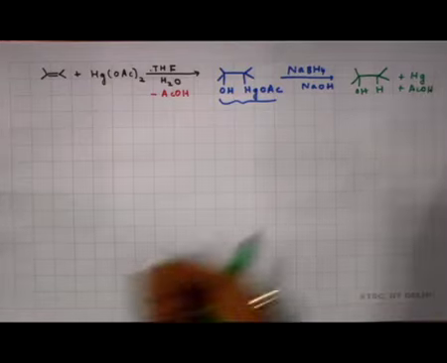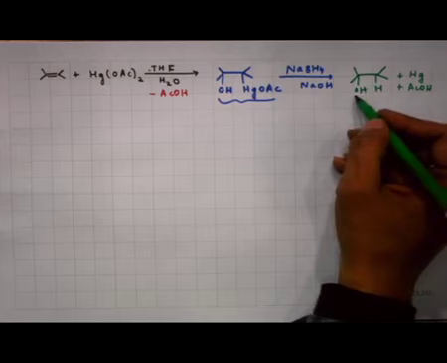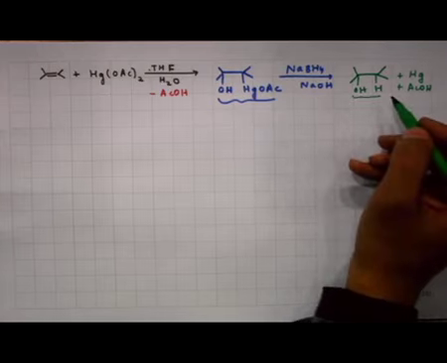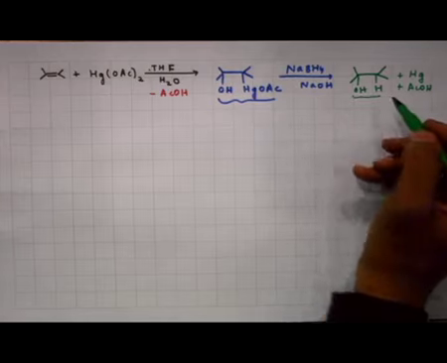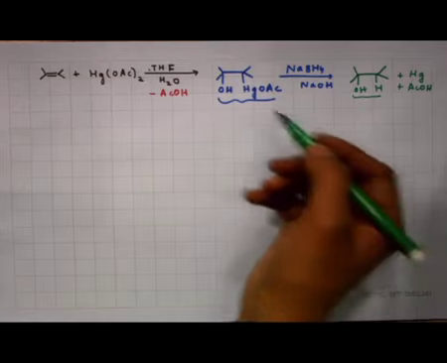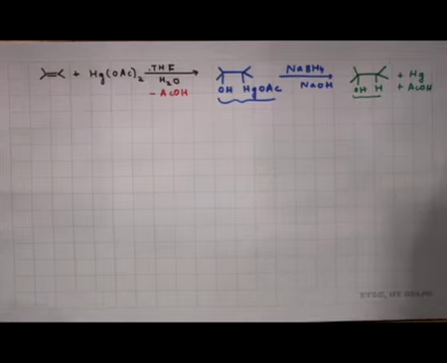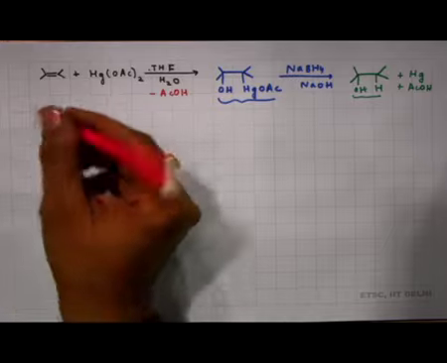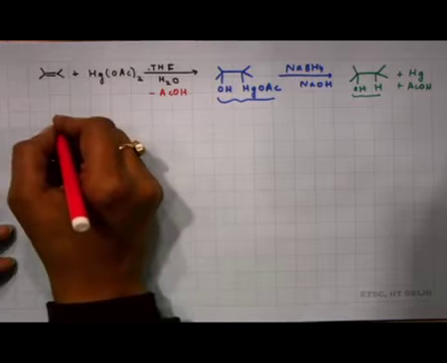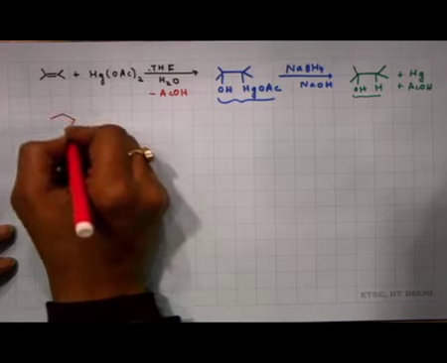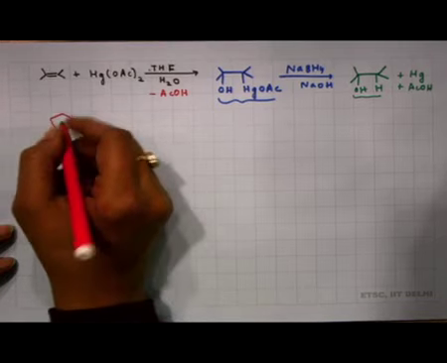So, this is the overall oxymercuration demercuration reaction in which there is addition of a water molecule, as we mentioned, that in order to get an alcohol from an alkene, the overall process involved is the addition of a water molecule. Okay, so, let us look at some of the examples and the products which we expect to arise